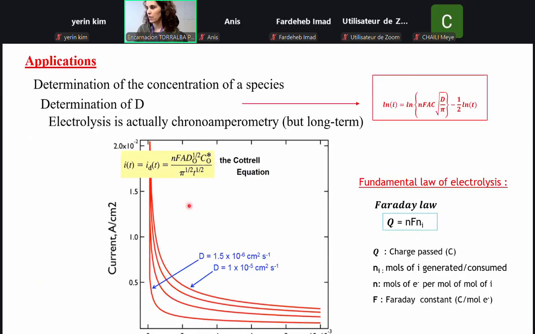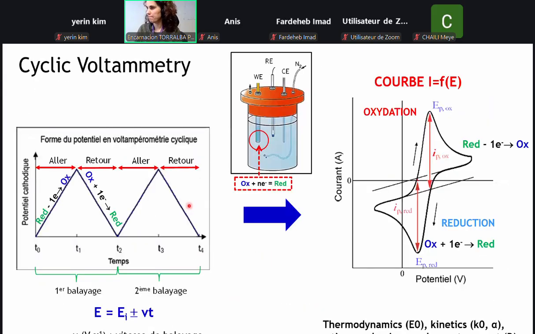Okay. This is the same. Then we saw a little bit of cyclic voltammetry. In this case, what we use is not constant. Here we are doing a potential sweep. We go first to oxidation and then to reduction, or the opposite, depends. And so we have this kind of signal. And from this kind of signal, we can obtain thermodynamic parameters and kinetic parameters, and also the diffusion coefficient for